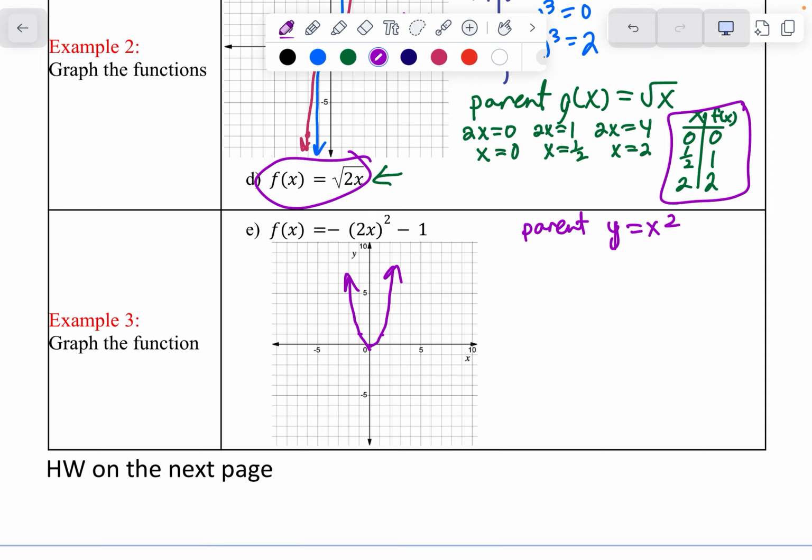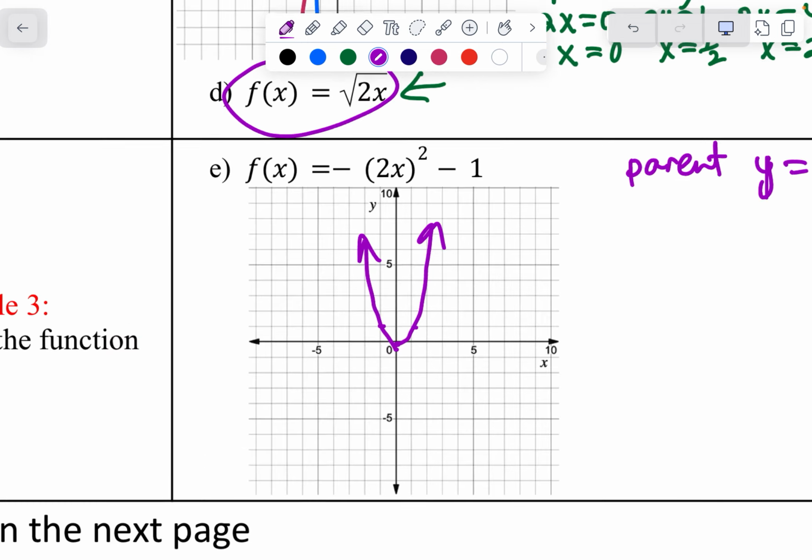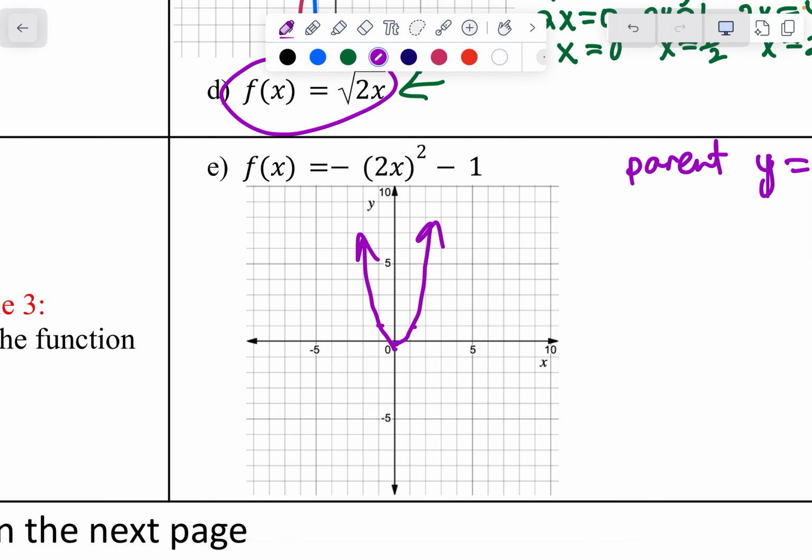Now let's look at, there are 3 things that have happened to this function. We have a negative on the outside. So a negative on that outside is going to flip over the x-axis. So we should expect that. A 2 on the inside should make it closer to the y-axis. So it should look skinnier. So it's closer